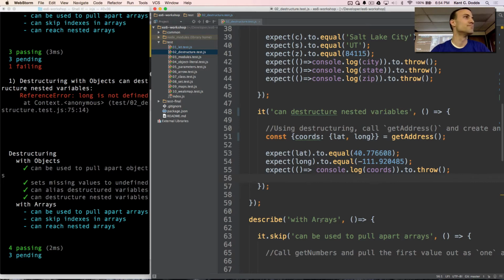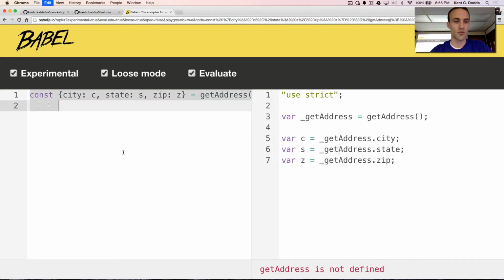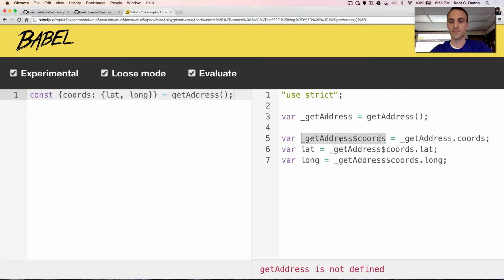So on that example you had on line 51, it's just pulling out the lat and long properties out of the get address, filling those in? What it's doing here is it's first pulling the chords out of the get address, and then it's pulling the lat and long out of chords. Also important to note is chords is not actually getting defined. This is just a shorthand for, thank you Babel, this.